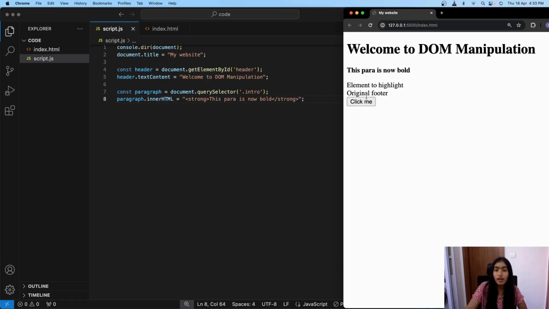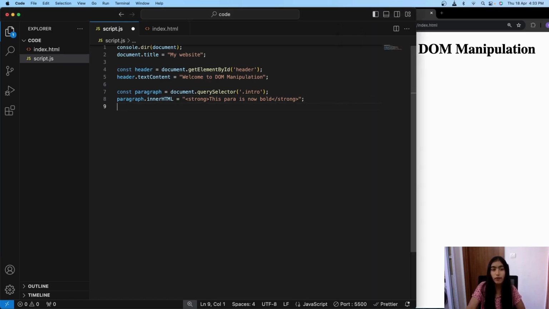Now, since we are talking about paragraphs, let's try to create a new paragraph. How do we do that? Obviously, by creating a new element. For creating a new element, a paragraph, a button or anything, we have to use createElement. This allows us to create an element through JavaScript itself.